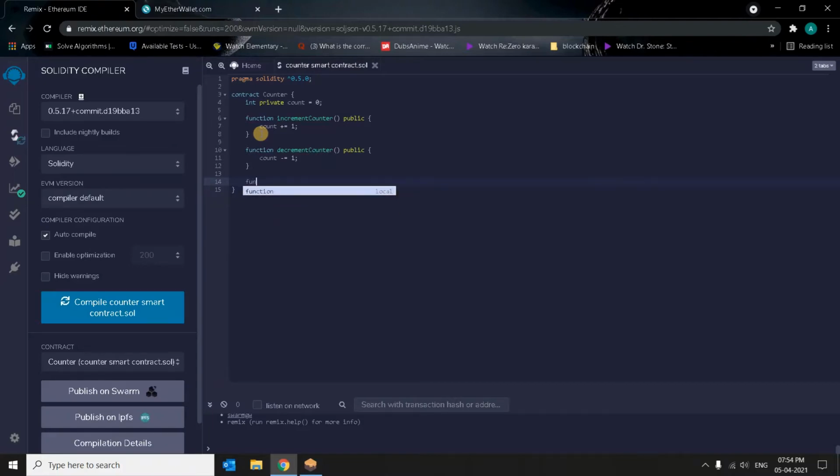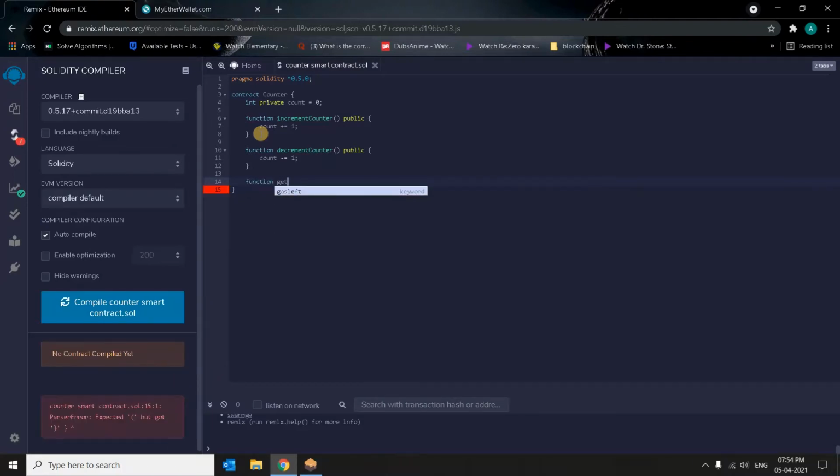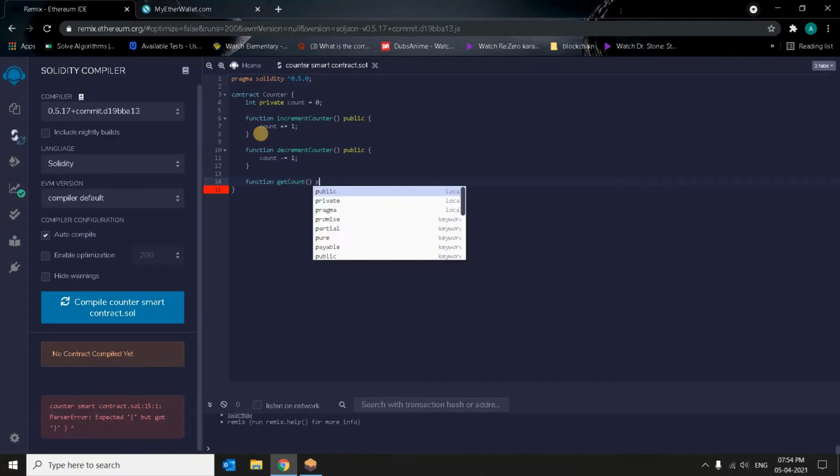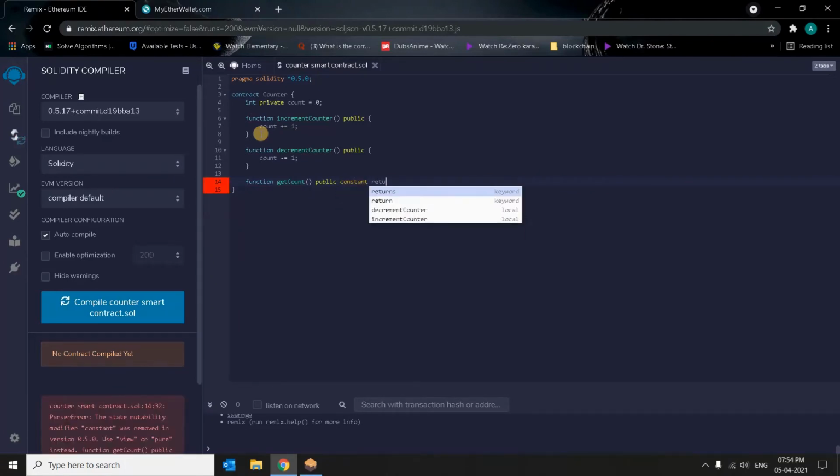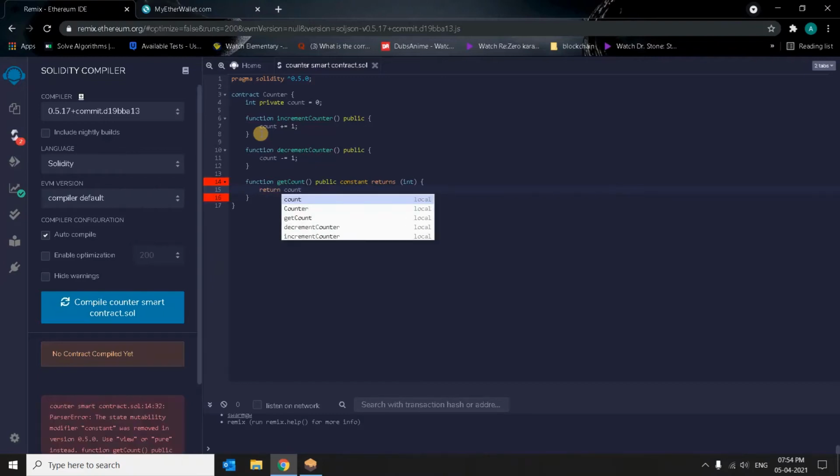So function get count. Now here public constant returns integer. So this will return the integer data type, that is the count variable. And inside the function block, we will return count.